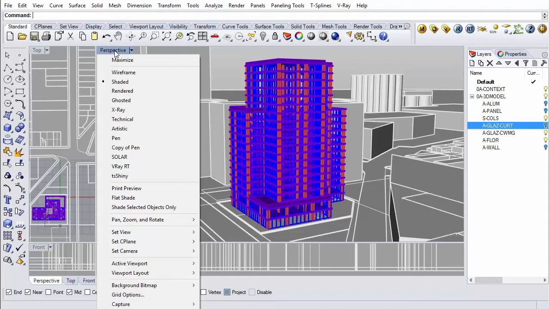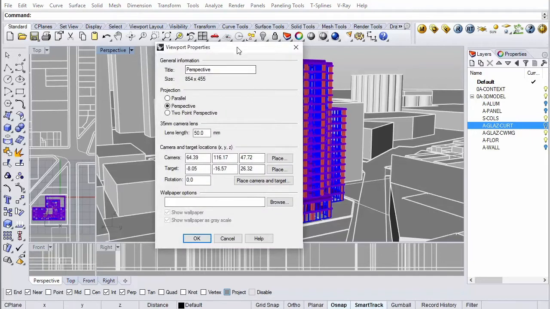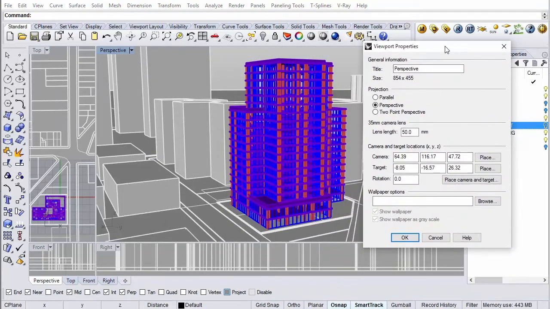Now here in perspective, you right-click this, and in this long list, sort of out of view, is the viewport properties. You go all the way to the bottom, it says viewport properties, and that gives you this window. Now for a normal architectural view, you're going to want a 2-point perspective, a lens length of 18 millimeters. That's just somewhat standard.